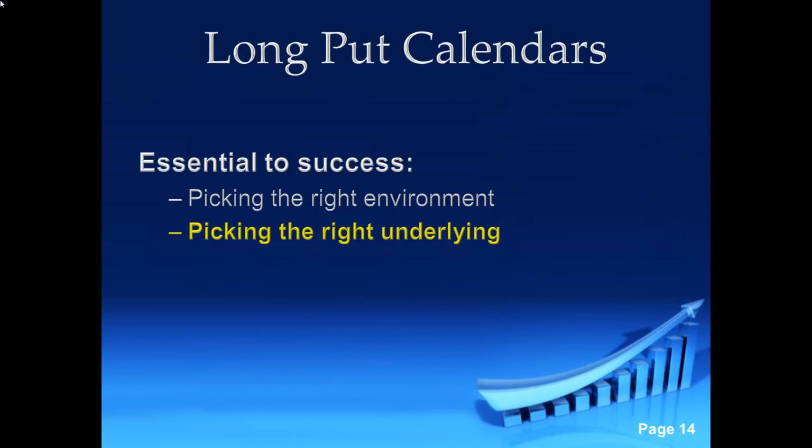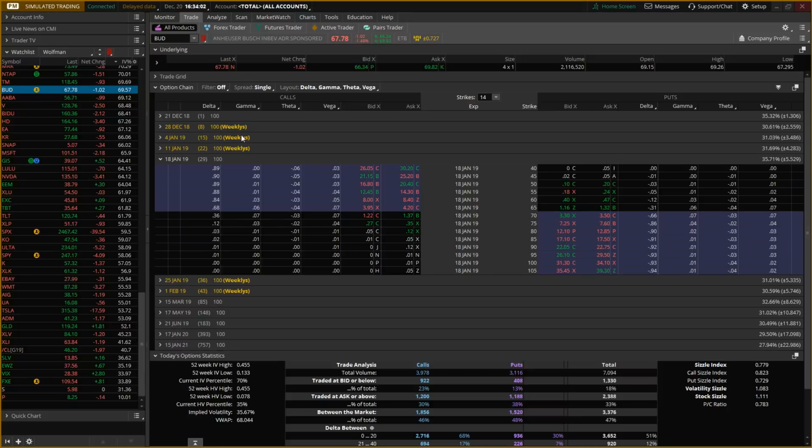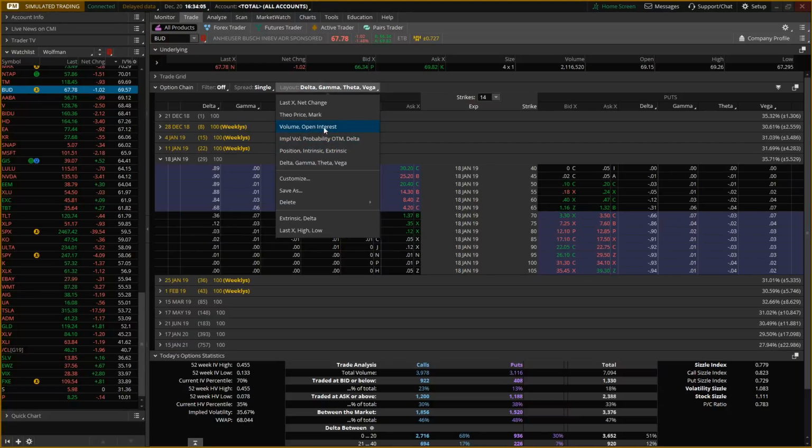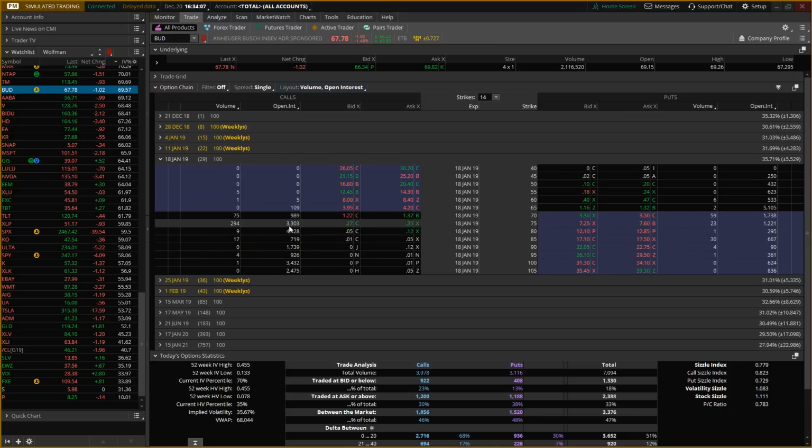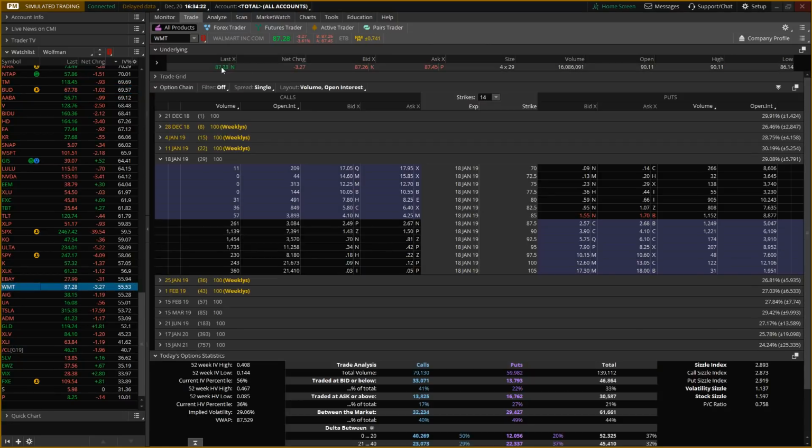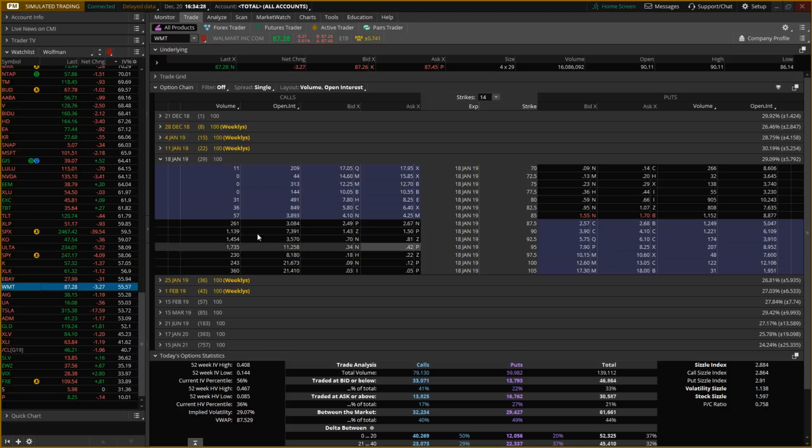Make sure you have a tight bid-ask, because that will show us where there's a lot of volume and open interest. So you can see with Budweiser, there's some decent open interest, but not a whole lot of volume in here. And we go and look at something else that's a $60 stock, just to compare apples to apples. We can look at Walmart. It's not really, but 10 cents wide should be our rule of thumb. Generally, Walmart will fit that rule. But you can see here these markets on a higher price stock are tighter yet even. And you can see there's a lot more volume on any given day. There's a lot of eyeballs in that market.